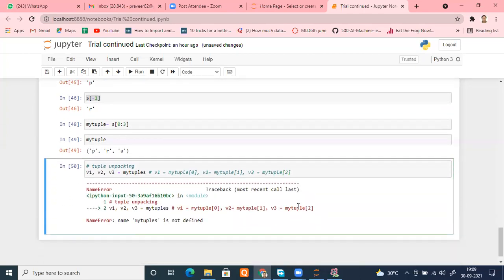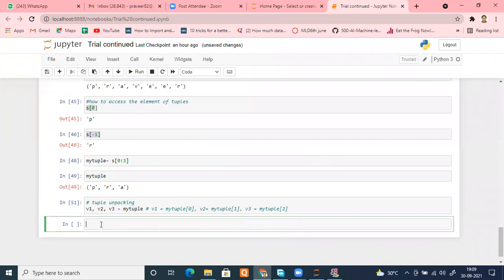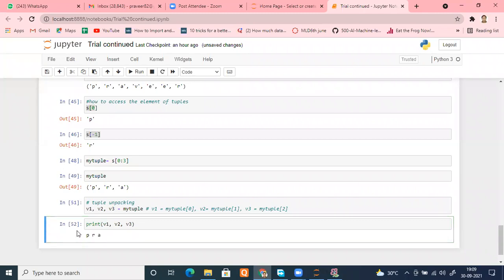Some error. What mistake did I make? Oh, I put the name wrongly. Let me run this. Done successfully. If you want to see, print v1, comma v2, comma v3. So v1 is having the value P, v2 is having the value R, and v3 is having the value A.